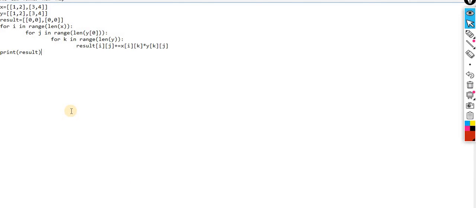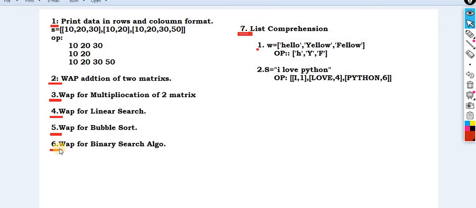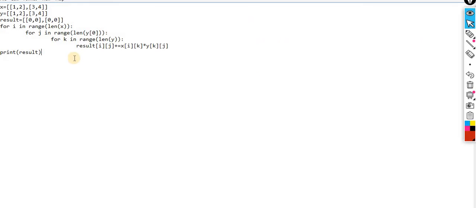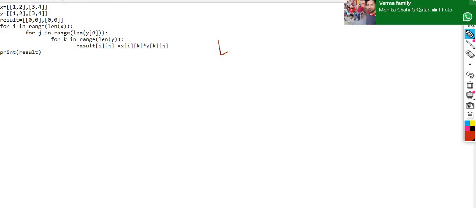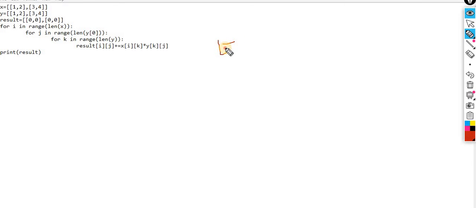So the fourth assignment, I will solve only 4 today, and the 5th, 6th and 7th I am leaving to you guys. Tomorrow we will cover the 5th, 6th and 7th. So the next assignment is linear search. Let me explain what exactly linear search is. The linear search, as the name itself specifies. Let's suppose this one is a list. I am taking the help of the notepad. Oh, sorry, paint.